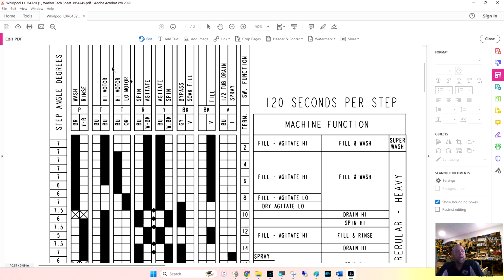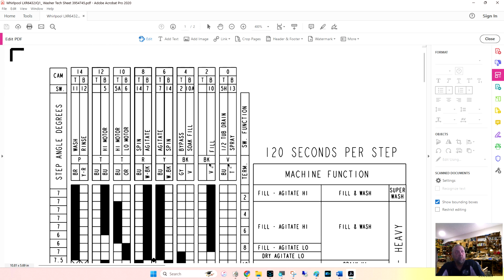That's all it is. So let me go over one more thing. Well, actually, I want to go over two more things. So it's going to run over an hour, guys. Not too long, though, but I just want to cover these last few things. And then next class I'm going to have images of the machine, and we're going to talk about points and test points. I do want to go over other brands of diagrams, and get into computer ones, but I wanted to explain how the basic ones work, because you still run into these older machines. I'm sure there's still a lot of direct drives out there running that still have mechanical timers in them.